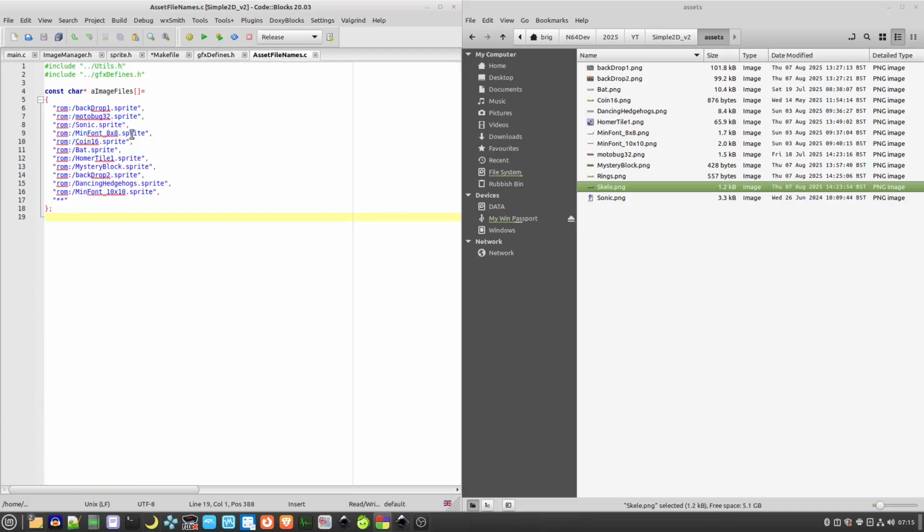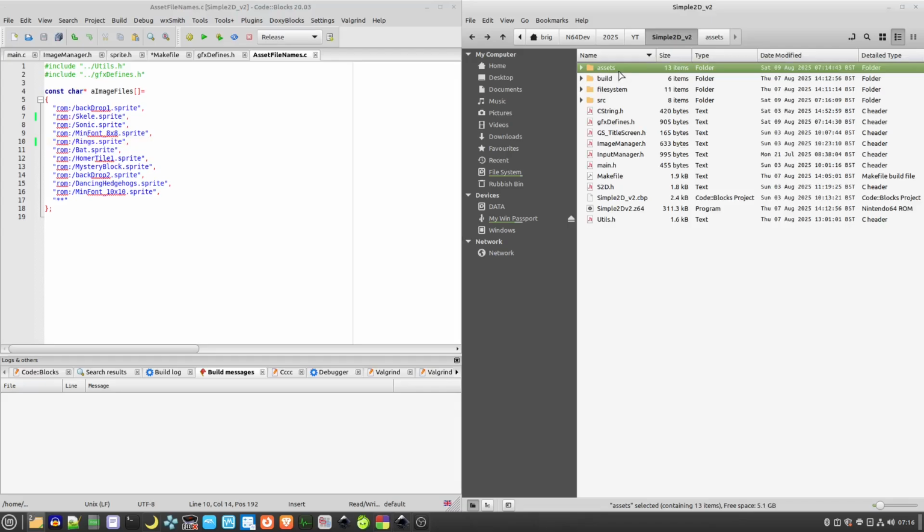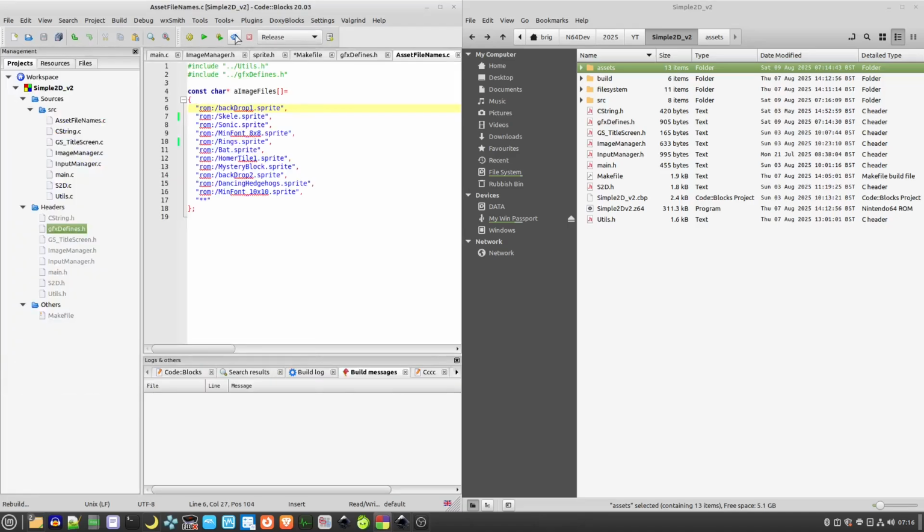So now we need to change the asset names to reflect them. So you'll need to create this assets folder yourself, and then what happens is once you build the ROM, which I will do now,